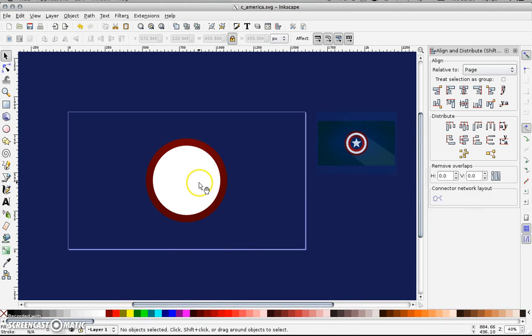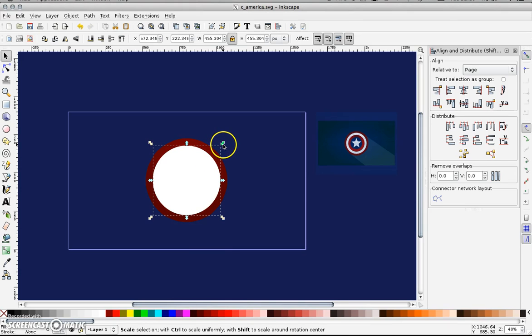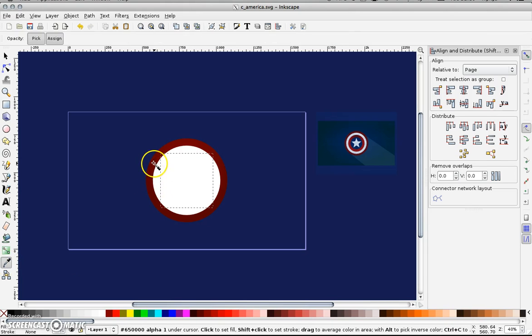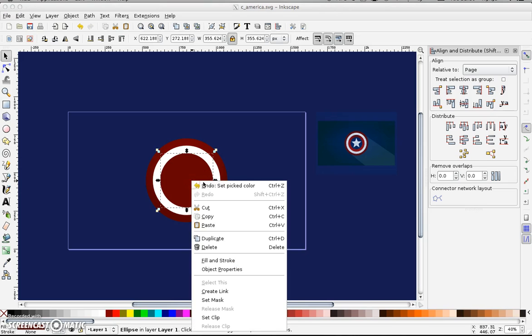So I'm just going to do that there, pick white, and again I'm going to do exactly the same: duplicate. I'm going to hold down shift, pull in again, and I'm going to get my color picker, I often call it a color dropper, and I'm just going to select the darker red here. As you can see, it goes red, white, red,